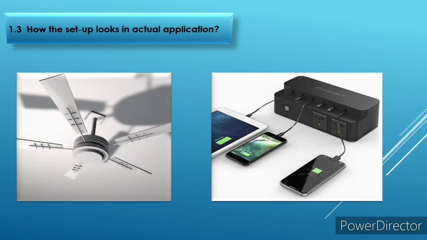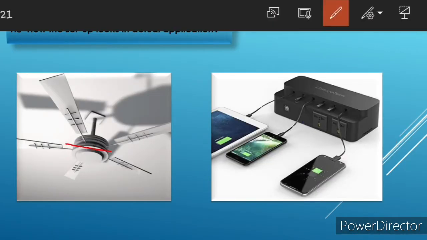How the setup looks in actual application. For this one, assuming that we have a regulator here, by shifting the regulator to and fro, we can regulate the speed of the fans in our houses. We can do it by controlling the resistance via the regulator, and also the current flowing through the fan is managed through the regulator. Another example is mobile and laptop chargers. They use a DC power supply in their operation. A DC power supply provides a variable output voltage based on the resistance, and the overall working is controlled by Ohm's